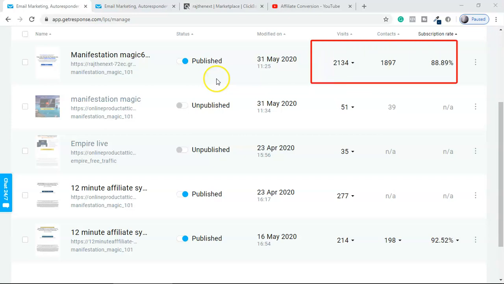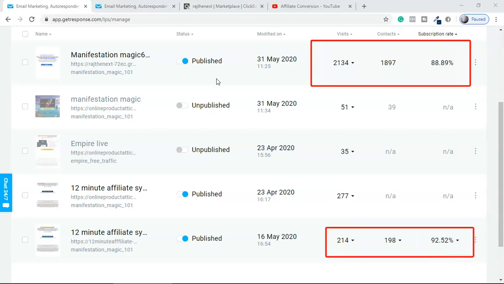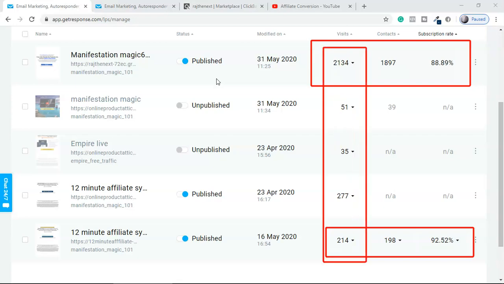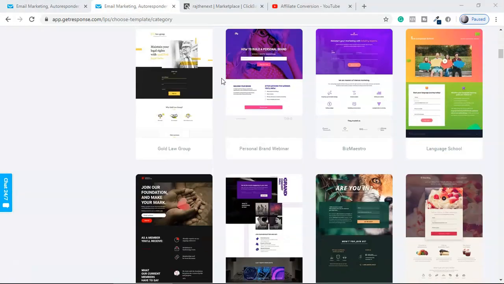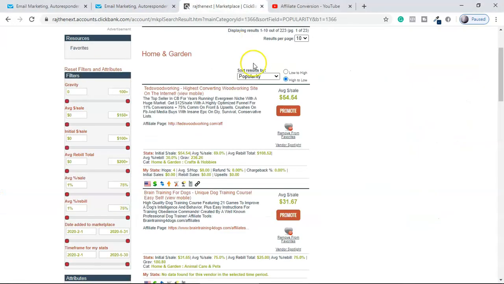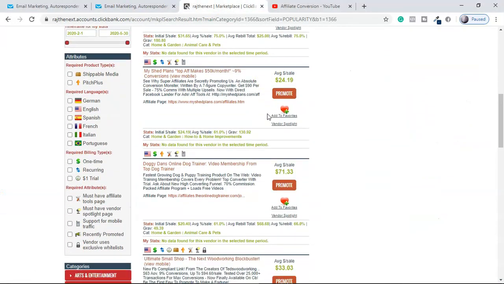Are you looking at a landing page conversion rate like this 88.89%, or maybe like this 92.52%, or are you looking for a lot of unique visitors? In this video, learn how to create a landing page for affiliate marketing, promoting a ClickBank affiliate product, with simple and